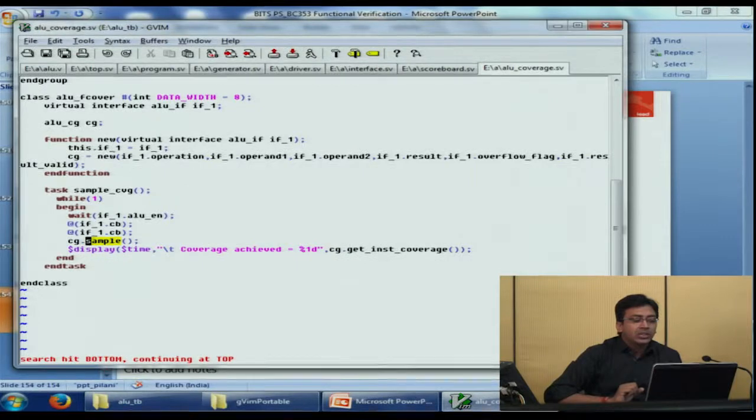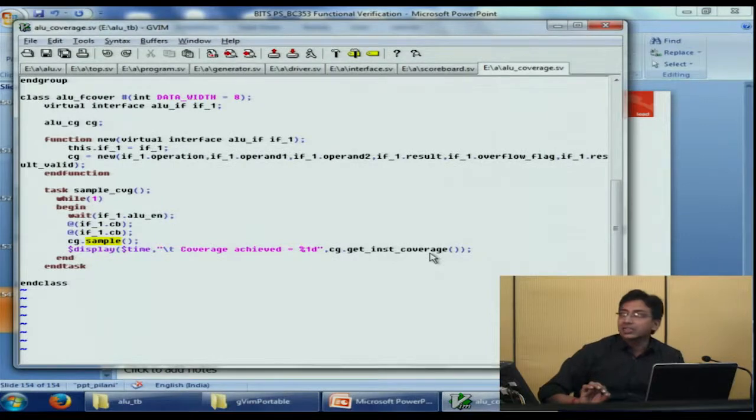So this cg.sample calls the cover group itself, and it checks the values driven by the DUT and the test bench to see what new has happened. Finally, it displays how much coverage has been achieved till now. This is the accumulated coverage. The get_instance_coverage is an inbuilt API provided in the cover group. Calling cg.get_instance_coverage tells the accumulated coverage that we have achieved till now.